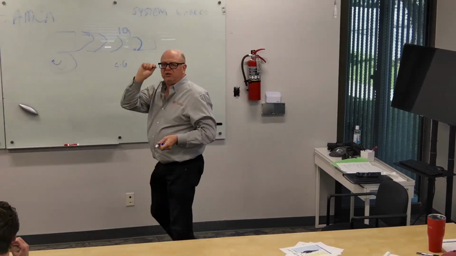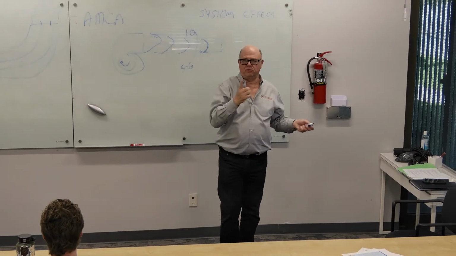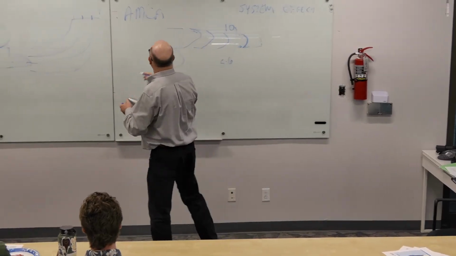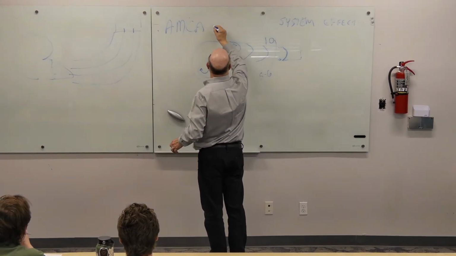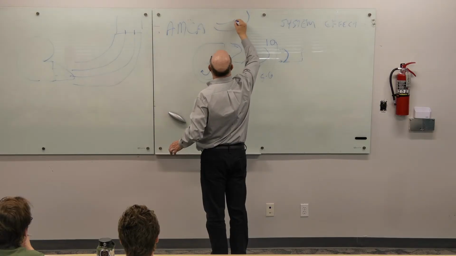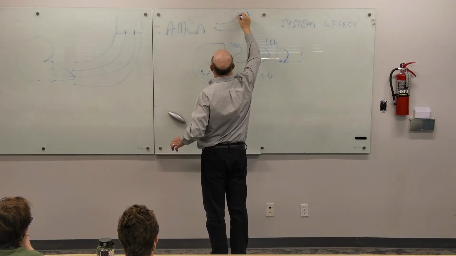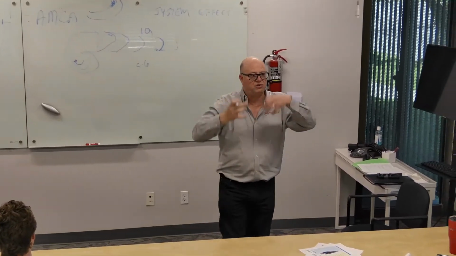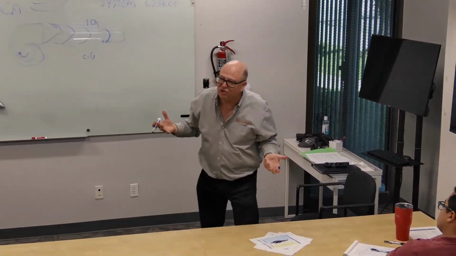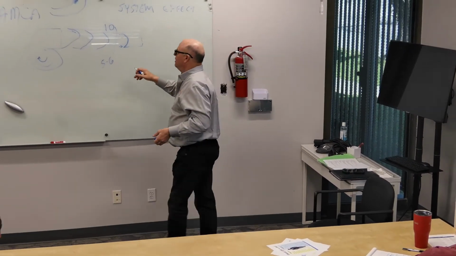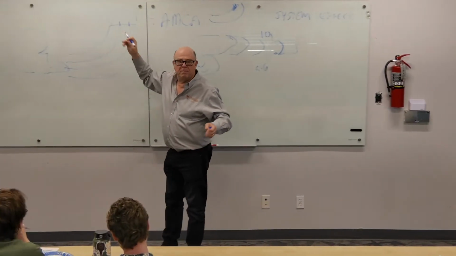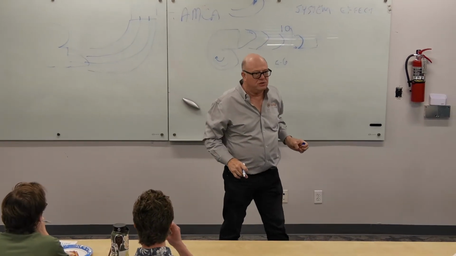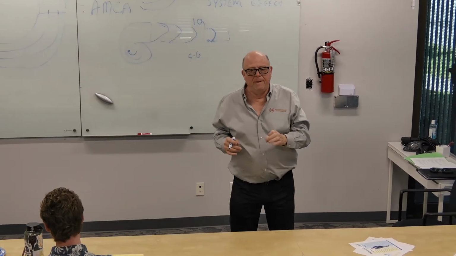Any of you who've ever fished in a stream or a river, especially a stream with a sharp elbow, are familiar with the idea that if this is your stream and it's doing this and it makes this elbow, you're going to have eddies here, and that's where you want to put the hook, because that's where all the stuff is stirred up, and so that's where the fish are feeding, okay? The same thing is true here. The turbulence happens for the same reasons, and you want to minimize that.